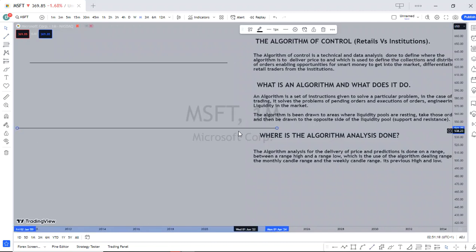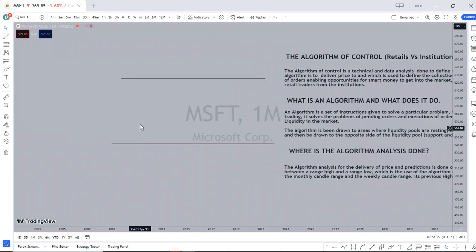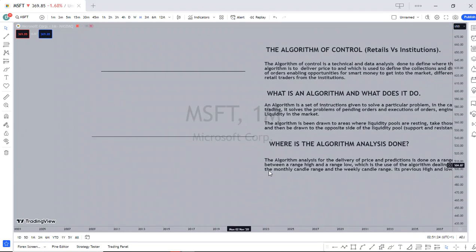So let's just say that you have an area of support and resistance. If you are buying at this price level right here, you're like, this is a support level, price tested it multiple times, that means it has to buy, right? So you're buying at this particular price level, with a particular lot size. In the case of investment, you have the number of stocks that you invest in, the quantity that you're purchasing.